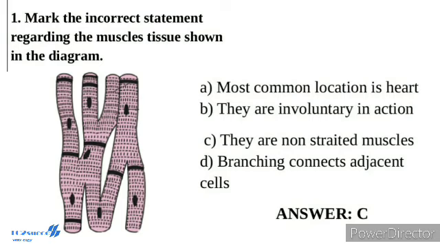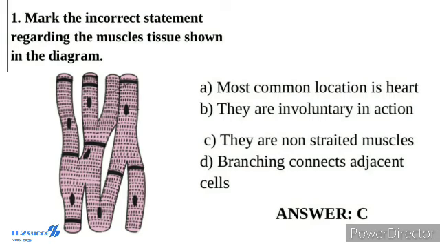Their action moves the body to adjust to the changes in the environment and to maintain the position of the various parts of the body. In general, muscles play an active role in all the movements of the body. Muscles are of three types: skeletal, smooth, and cardiac. Cardiac muscle tissue is a contractile tissue present only in the heart.